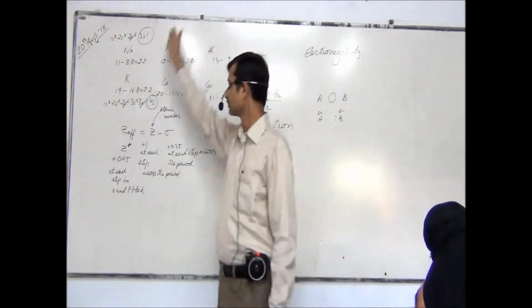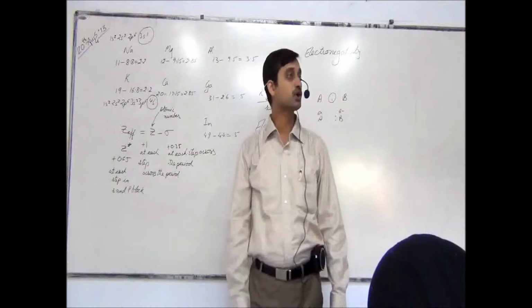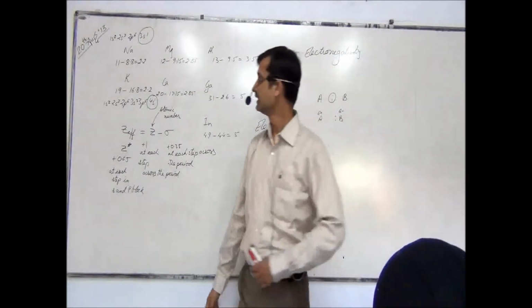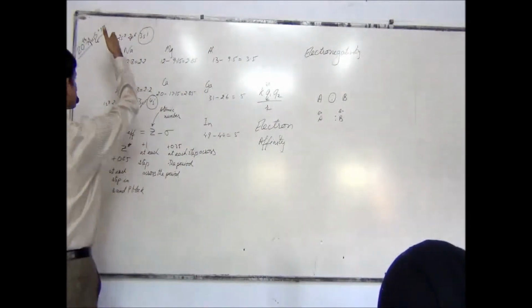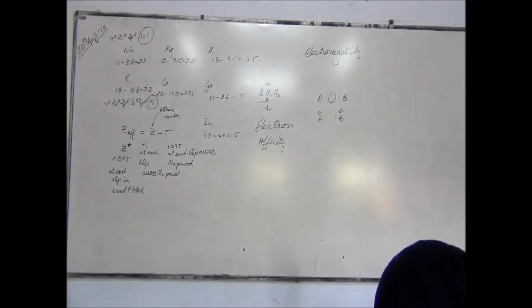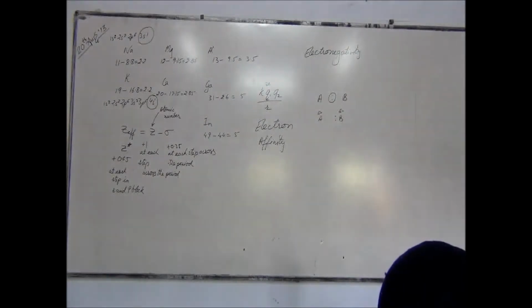But when you move down the group, the effective nuclear charge decreases because the number of shells is increasing. And that is why when we move down the group from sodium, potassium, rubidium, cesium, francium, we find the effective nuclear charge is decreasing, and this decrease in the effective nuclear charge is decreasing the